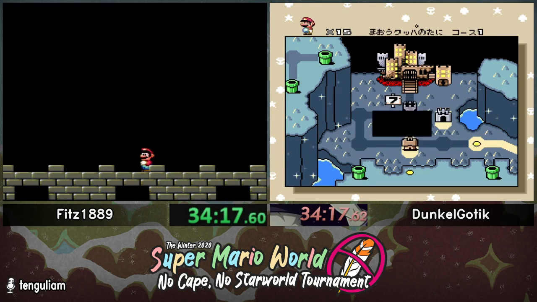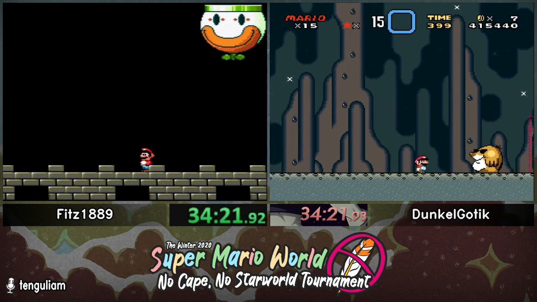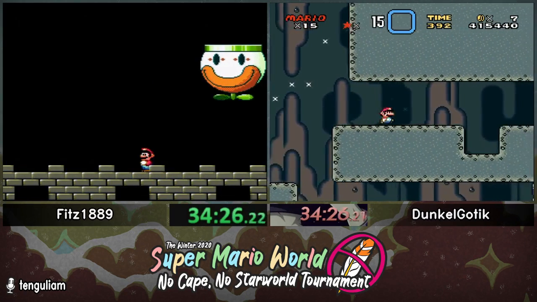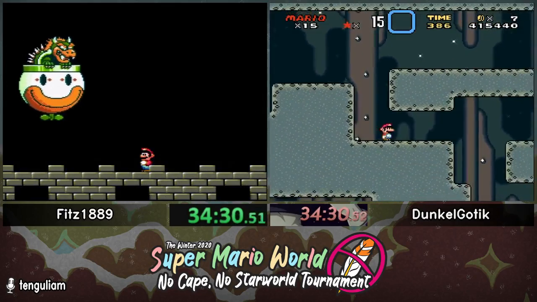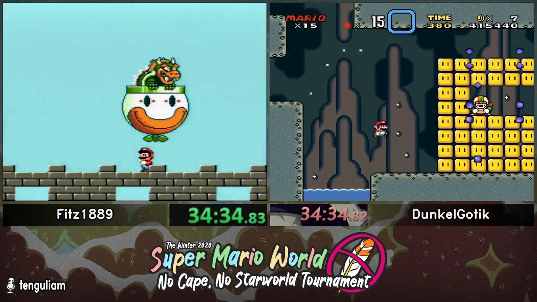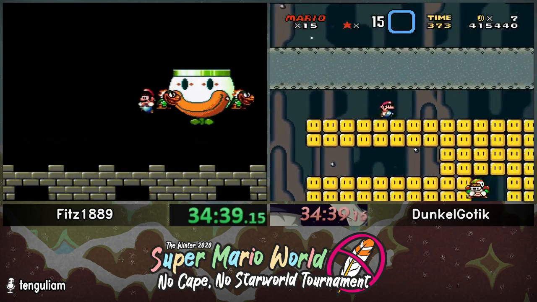Dunkel entering Valley of Bowser now. I believe Fitz is on mid 36 pace. I'm probably wrong when I say that, but that's incredible pace for a marathon. GG. Not yet, but as in, that sounds bad. Sorry. Dunkel making his way through